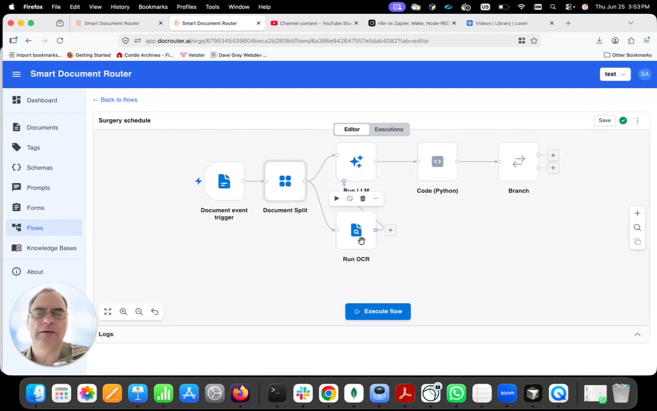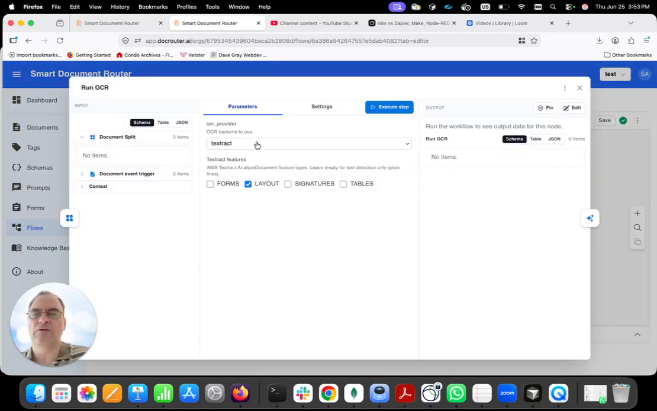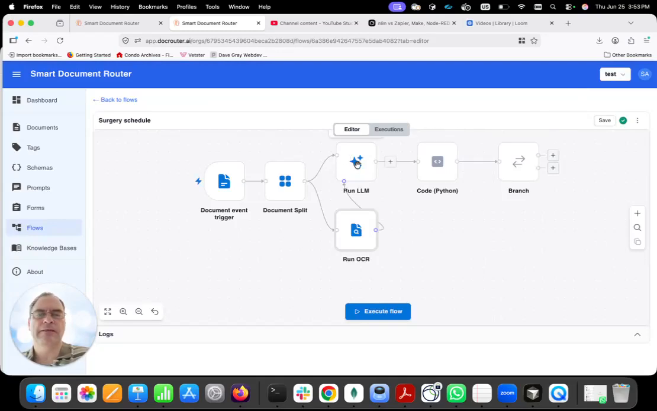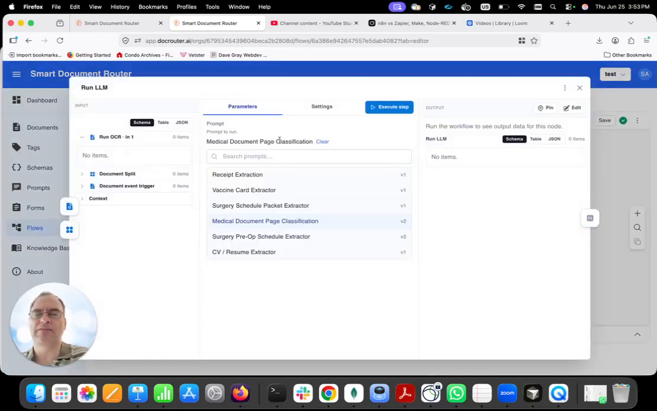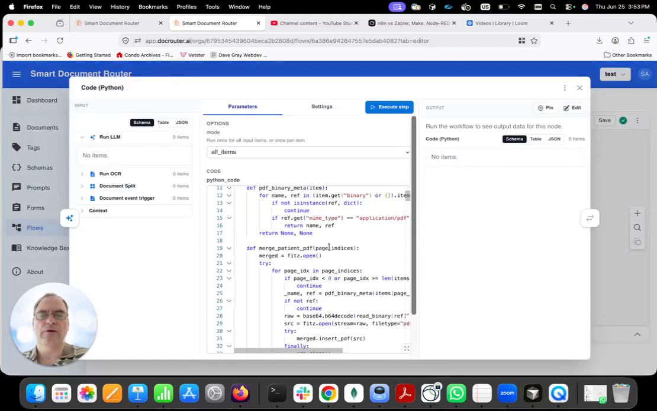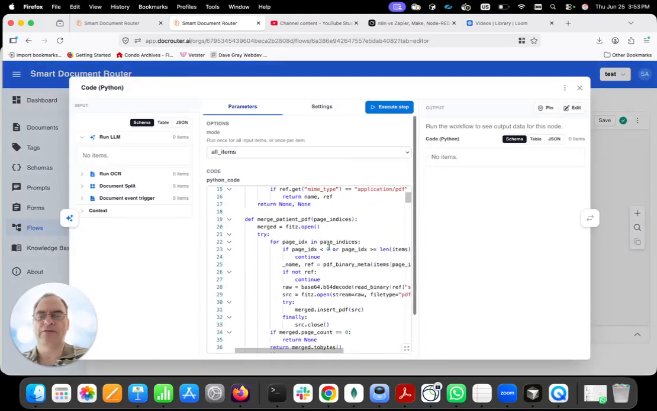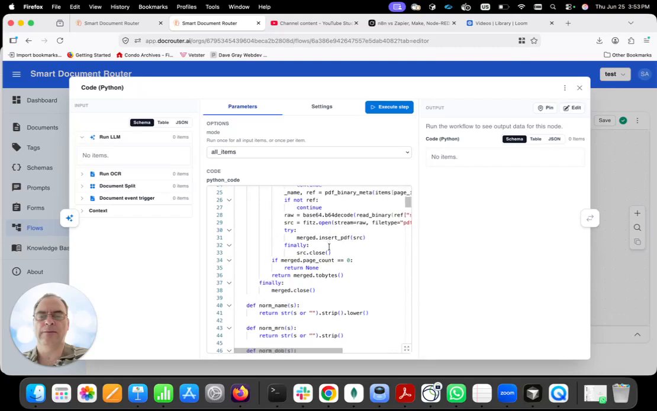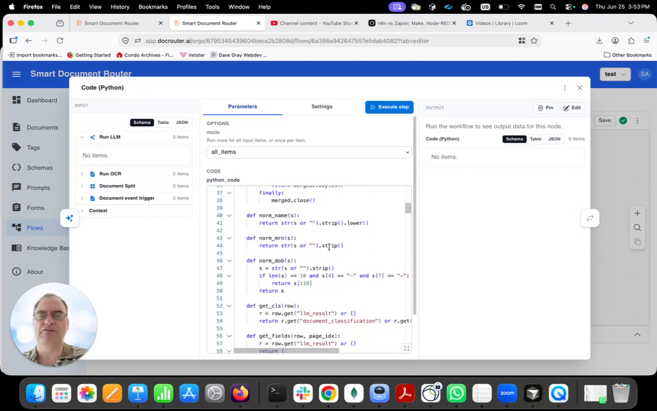There's a run OCR node where you can select the type of OCR that you want to run, and these are the OCRs we support. There's a run LLM node where we can select one of the prompts in the system to run on the input document. There's a code block where you can get quite fancy processing results and basically adapting the result